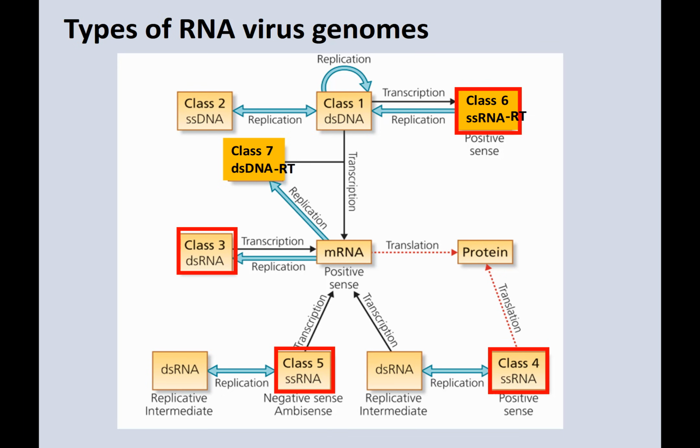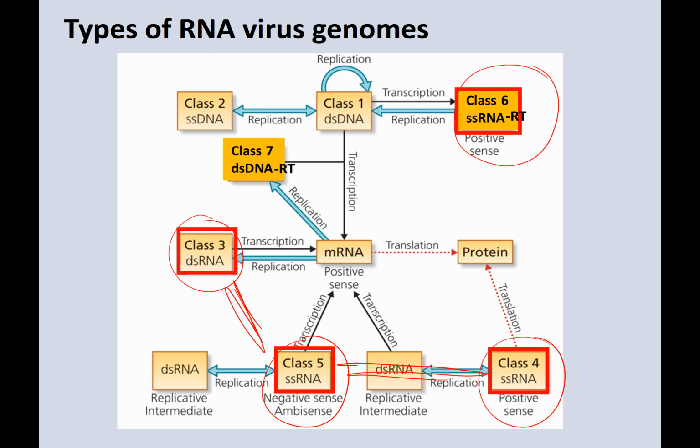Okay, RNA viruses, so viruses that have RNA as its genetic material. We have 4 classes here. We have single-stranded RNA, we have double-stranded RNA, and then we've got an RNA that uses reverse transcription. So let's look at how those replicate their RNA. What I want you to realize is for all of these guys, there is no DNA involved. In fact, the enzyme for replication is RDRP,